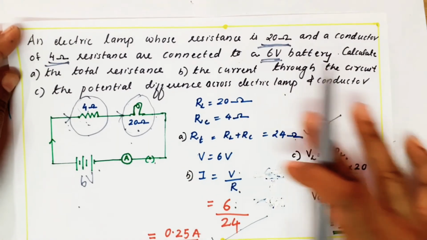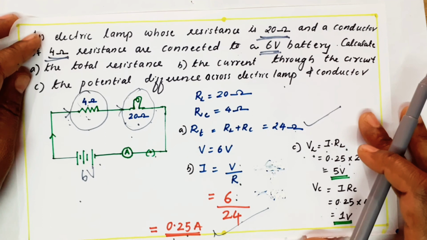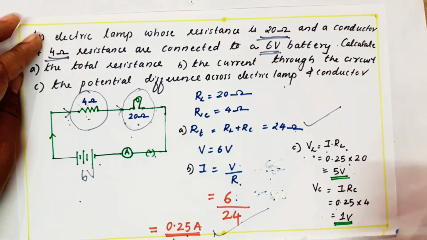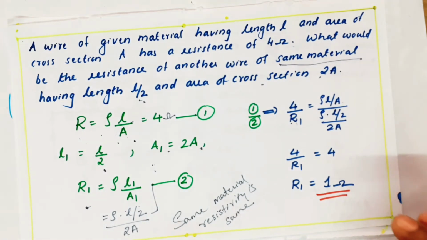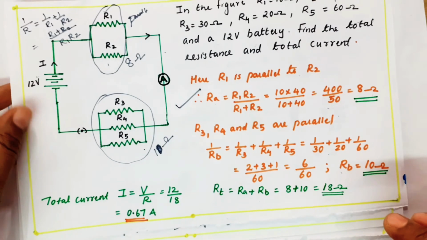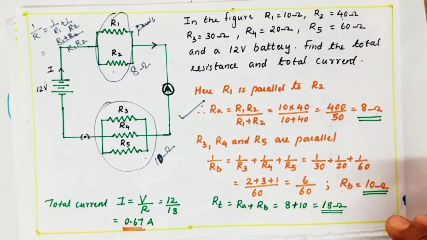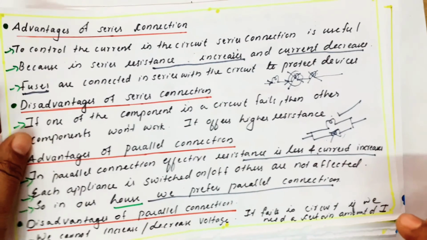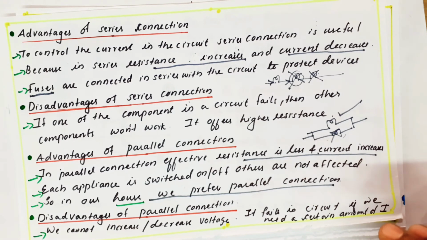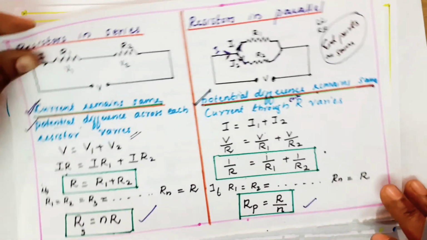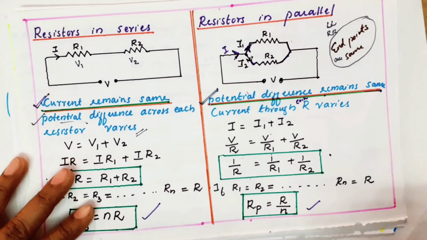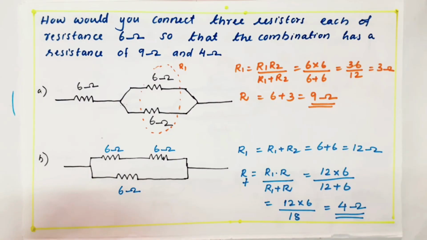Third part you have to understand. If they are asking potential difference across any element, that is current into resistance. Clear? So this question is related with resistivity. And this question I told you about the series parallel connections. Advantages I told, we can use both series and parallel connections. And see here, we can use some resistors in series and parallel connection also I did, right? Now, two more questions I'll discuss.